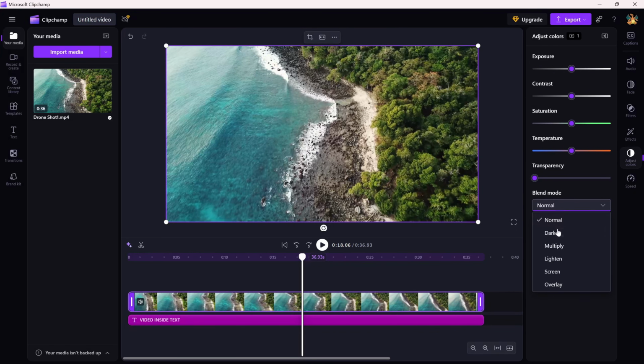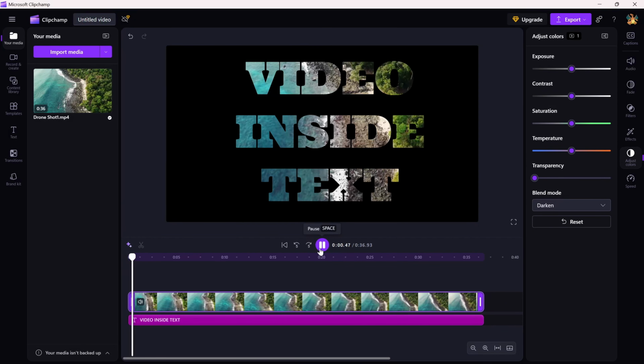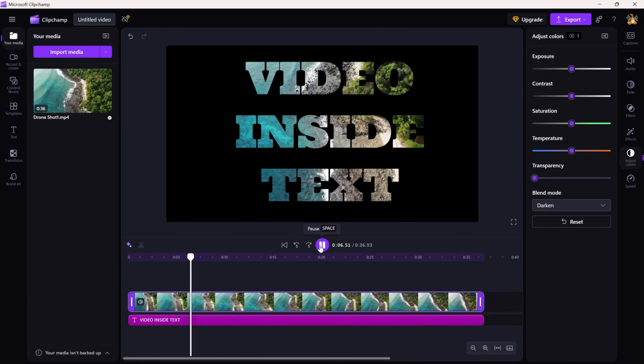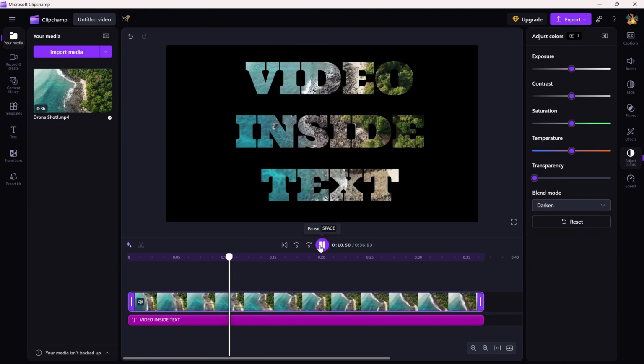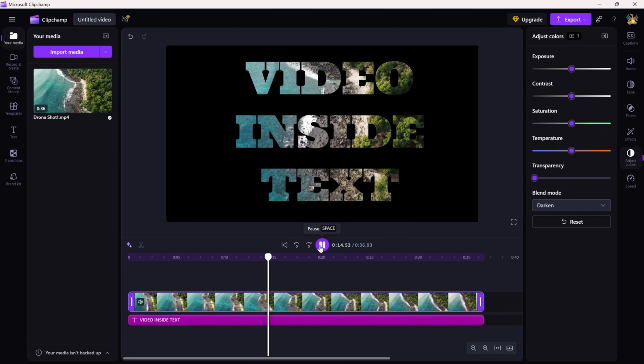Just like that, the video now fills the shape of your text, creating that stylish, masked look. You can move or resize both layers in the preview window to get the positioning just right. And that's it. You've created a cool video in text effect using blend modes in Clipchamp, perfect for intros, titles,